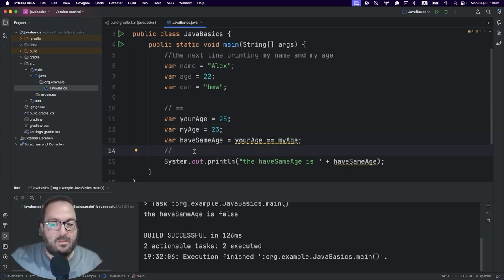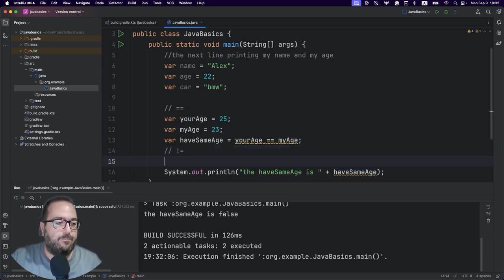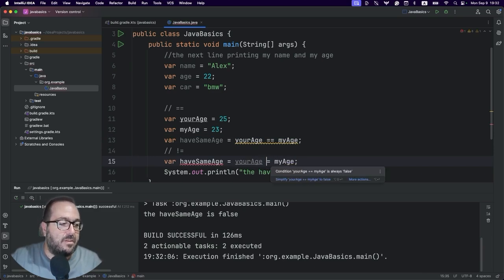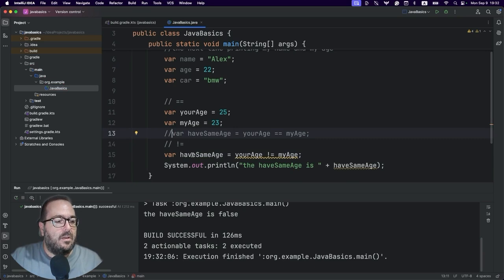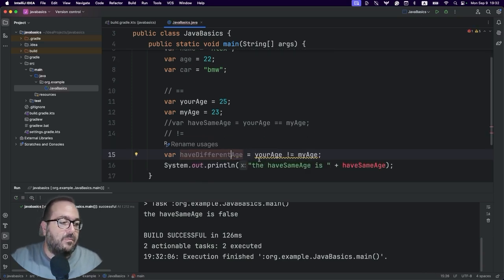So the next one is the not equal operator, which is an exclamation mark and an equal sign. By following the same example, I will get it from here. We don't need to type it again. We can check if this is not equal. I will comment out these lines so we don't have to remove them. And we can say haveDifferentAge, right?